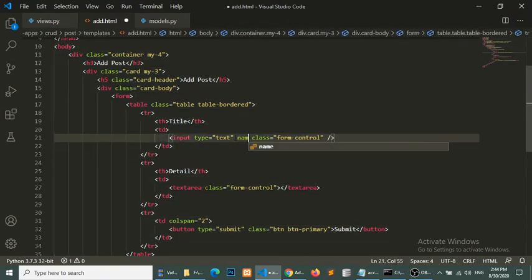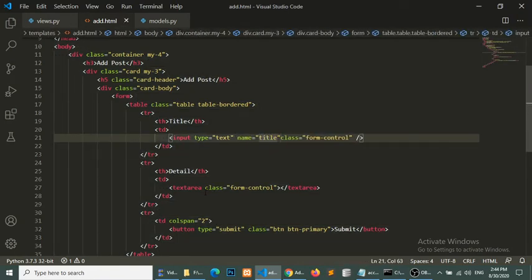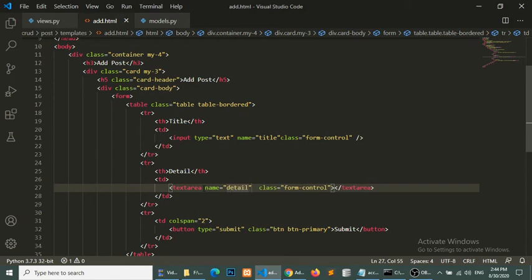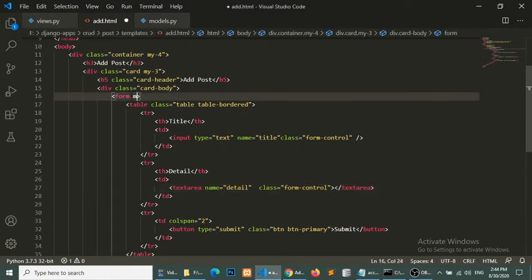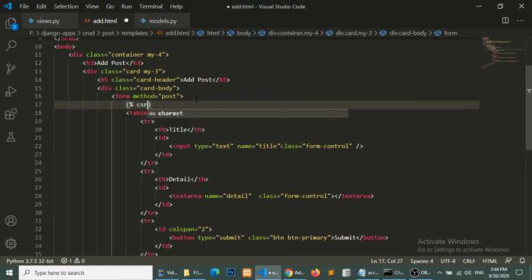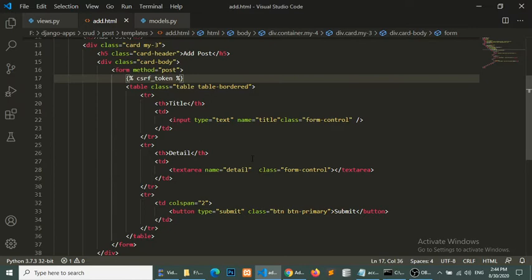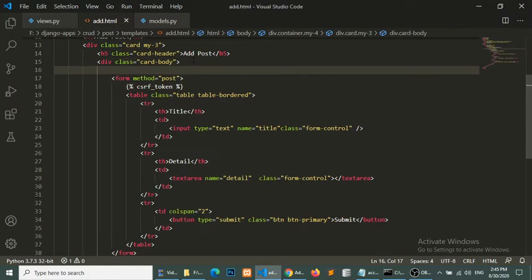and I will put the name title. Here I will put the name detail, and in the form tag I will put the post method, and the most important thing, I will add the CSRF token. Without this token the form will not work, we cannot submit the form. Okay, so now we will show the message